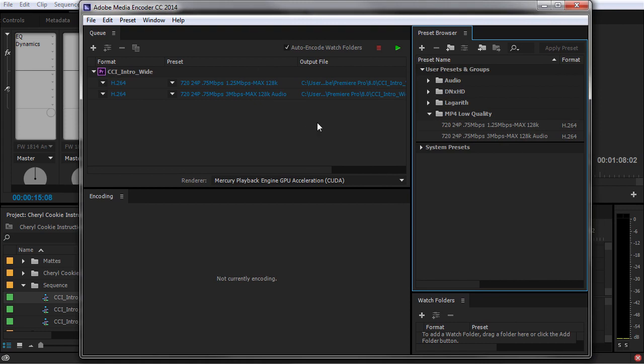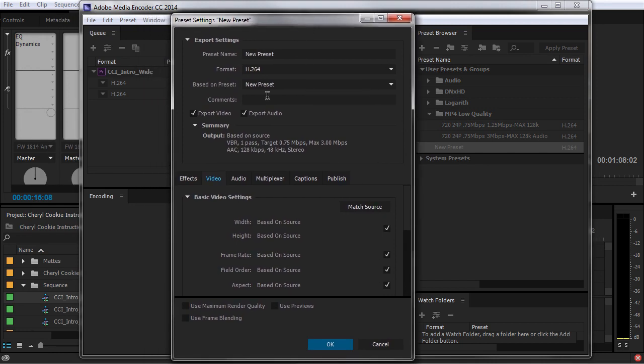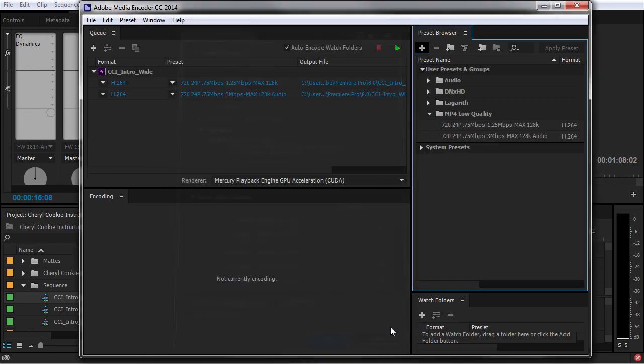So if you have a situation where you need to encode something specifically for, let's say, Vimeo, and then you wanted to encode it for a client's website, they might have different standards. So you can create some presets here in Adobe Media Encoder. Click the New Preset button here, dial in your preset. You can name your presets, you can set up preset groups here, and then you can drag things right from Premiere on these folders here, and it will automatically set up both of those outputs.